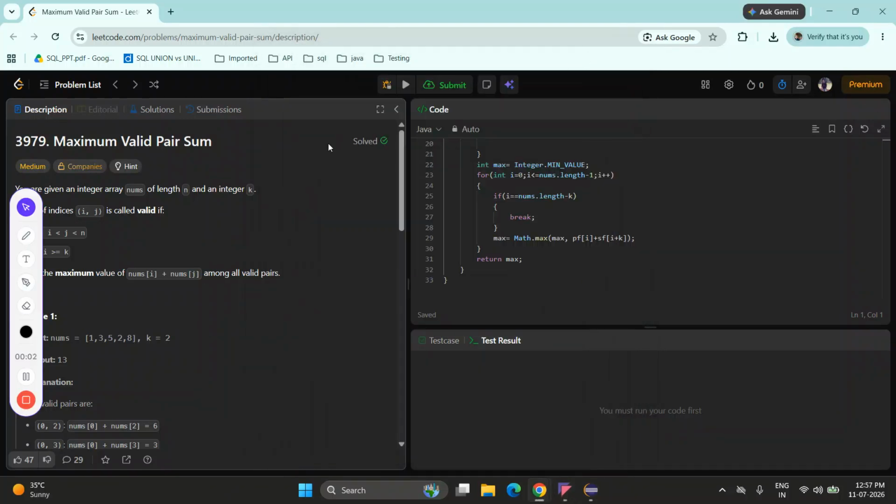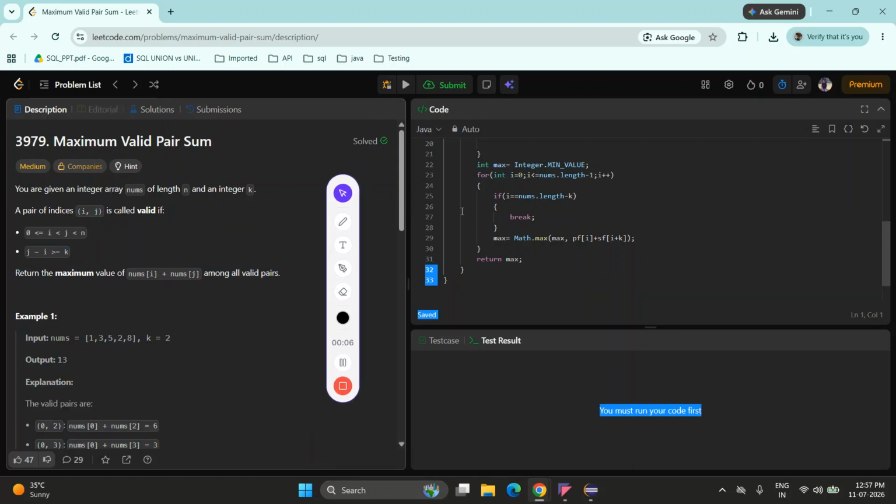Hi guys, so today's question is maximum valid pair sum. In the question we are given an integer array nums of length n and an integer k. So what we have to do is find a pair of indices that is valid if and only if